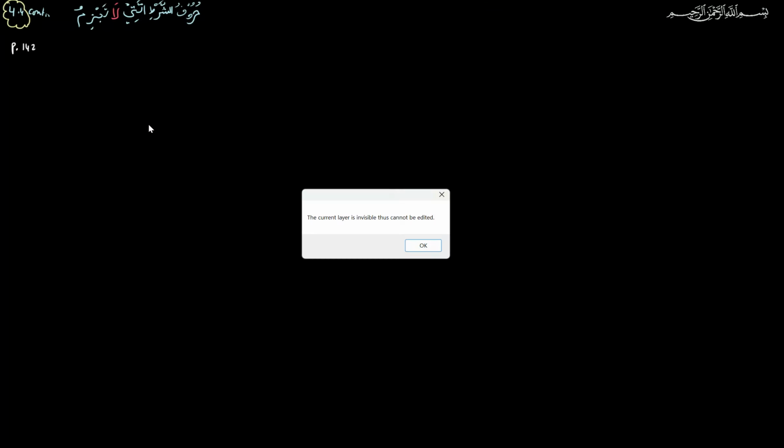So this is still section 4.4 and page 142 in my textbook right here. Huruf shart allati la tajzim, conditional particles that do not give jazm.